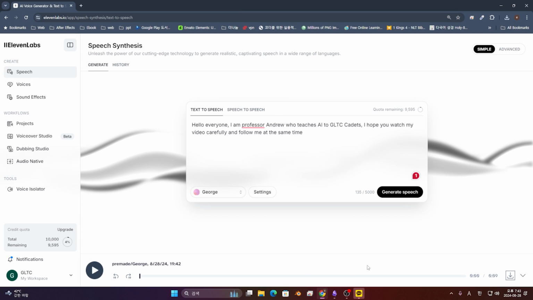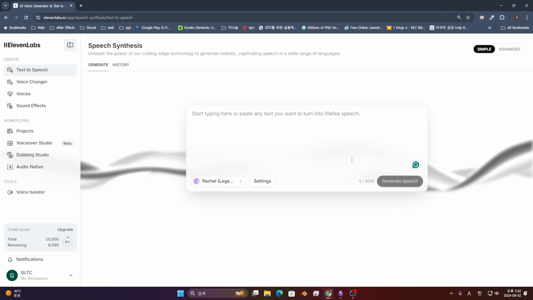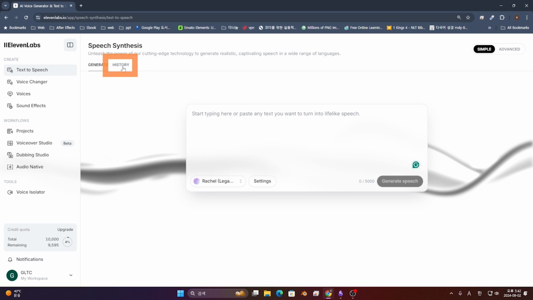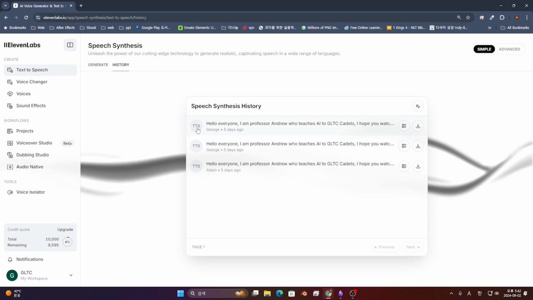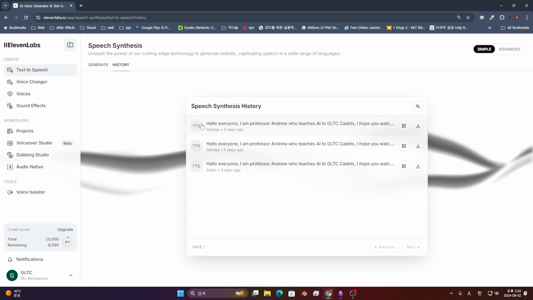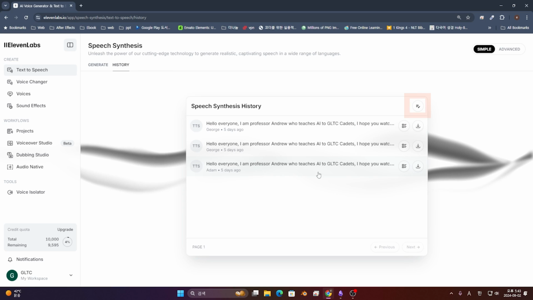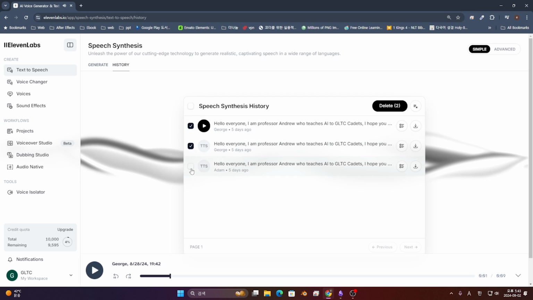Yes. Or if you want to check out your generation history, or in other words, what you have created till now, just click on this history, and it will directly take you to your speech synthesis history. You can just click on this to manage history, such as deleting,